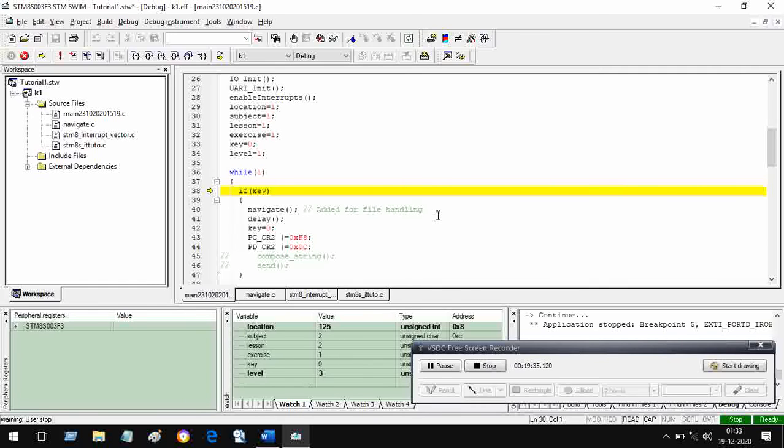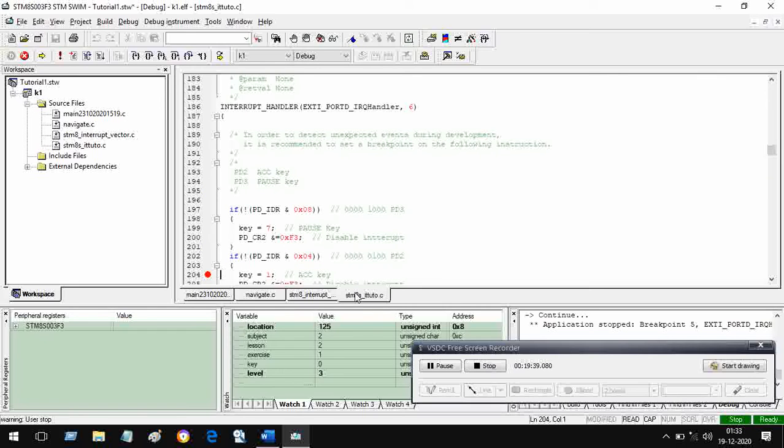What I have added, that I will show you. First I will show you in this program. In this program we check individual keys. We know where the keys are connected. This is PD3. How? This is PD and this is PD0, PD1, PD2 and PD3. So if this action,